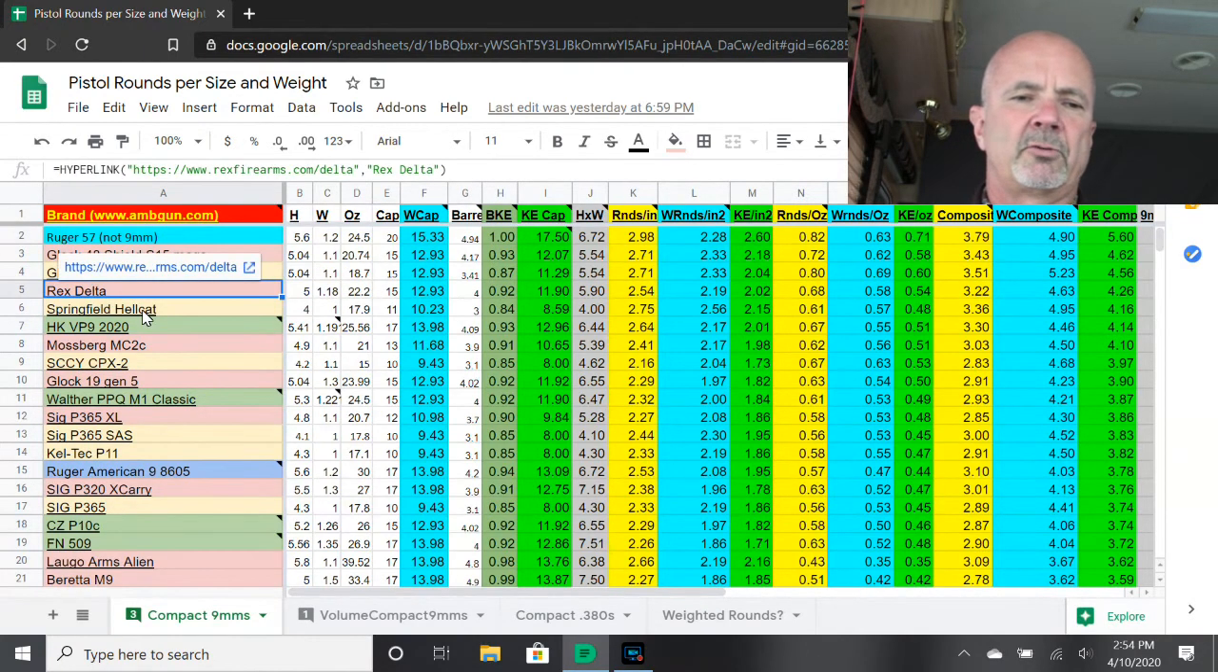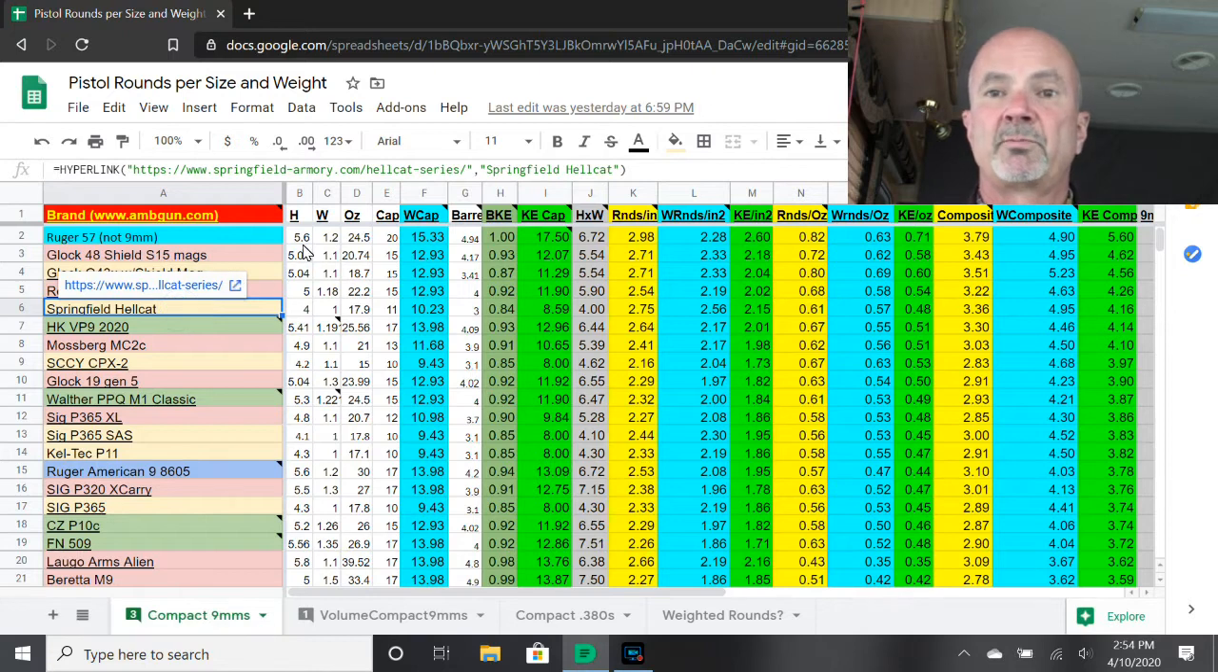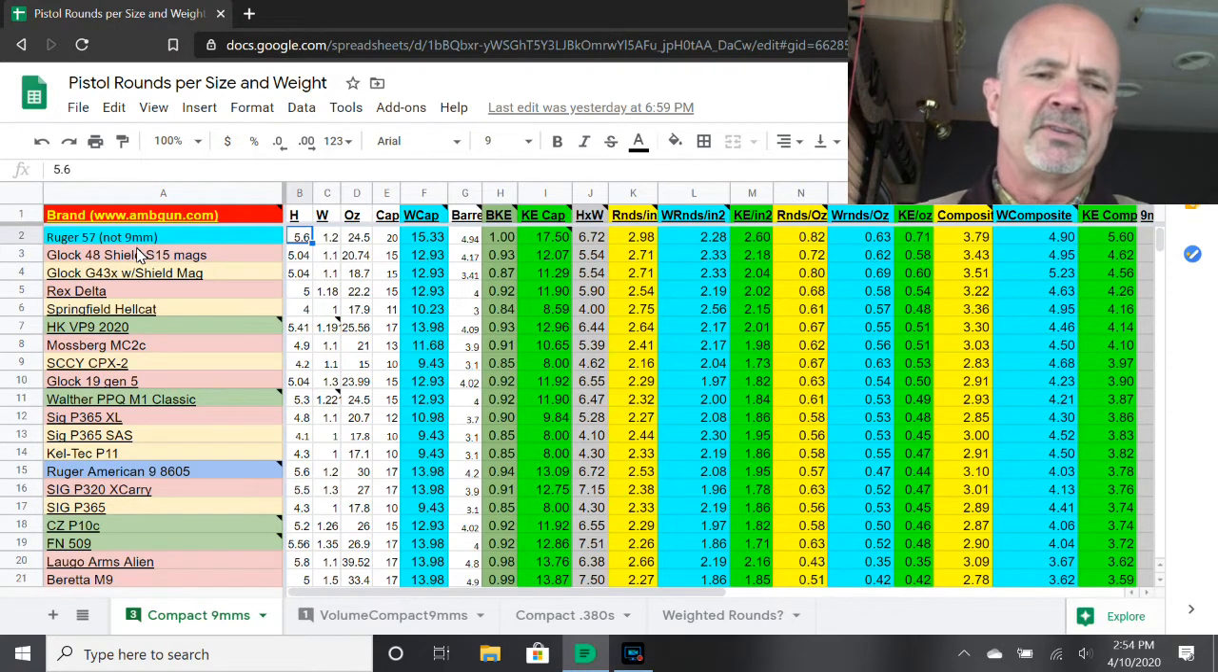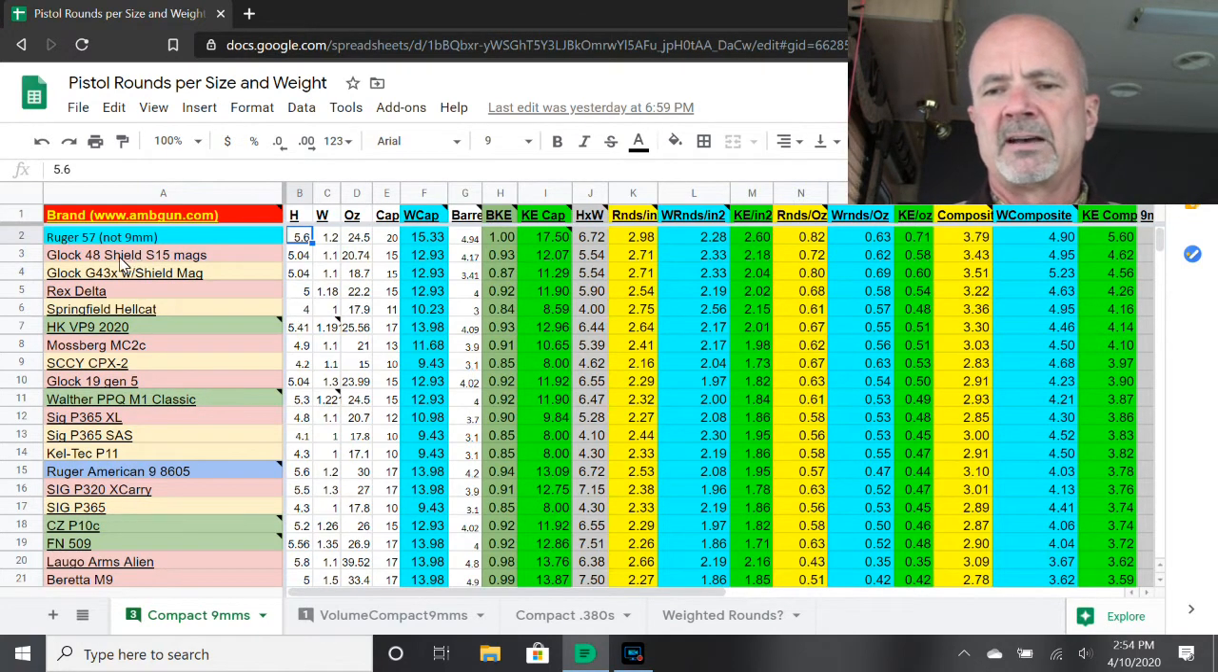So here, let's give a quick rundown of our spreadsheet champions at this time. We've got the Ruger 5.7 at the top of the list, even though it's not 9mm. Like I said, I just wanted to put it there to see how it did on the spreadsheet compared to the 9s. At the top of the 9mm list, with it sorted right now by the Kinetic Energy Composite Score,